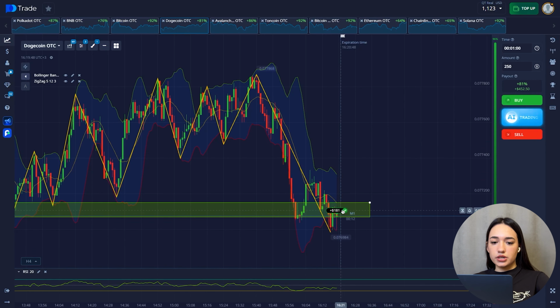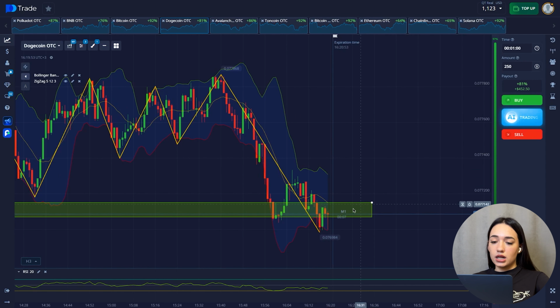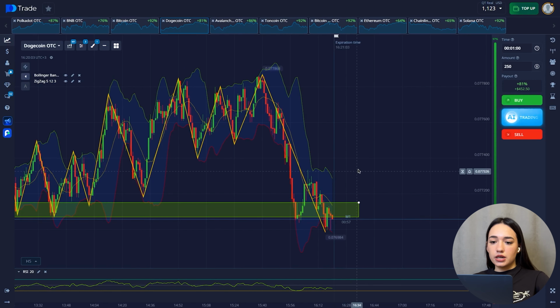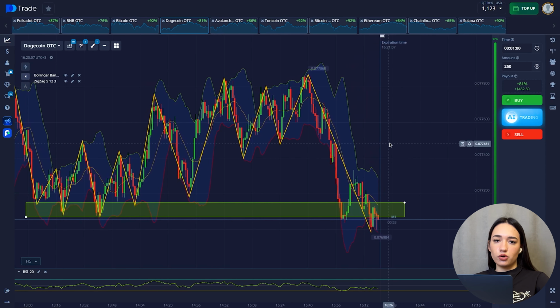And guys, as you can see, the second trade closed in profit. Wow, nice. And the reaction came and the trade was successfully completed. Even if the first one had closed and lost, there would still have been an additional trade open